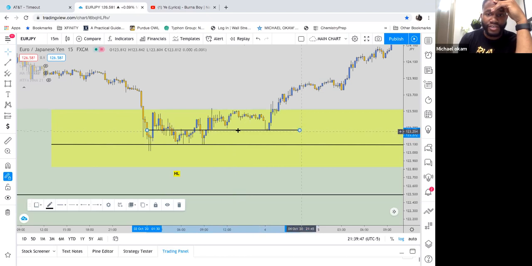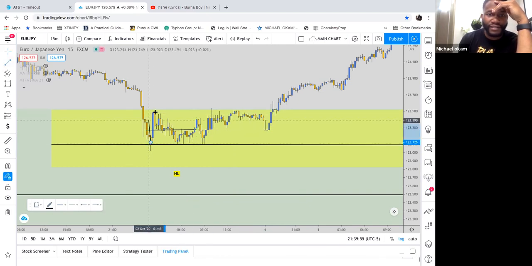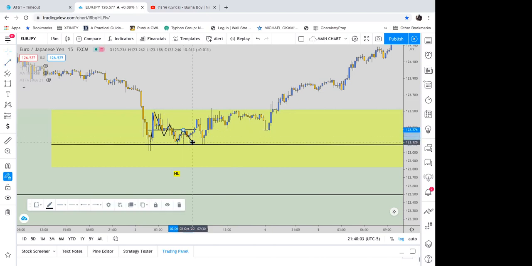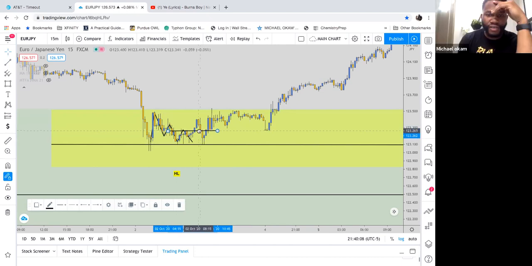Because you see these little minor lower highs being formed. Look at it, guys. Look at the lower highs. Look what it's doing. Do y'all see this? Yeah, this is the last lower high. So if I've identified this as the last lower high, I promise you guys,